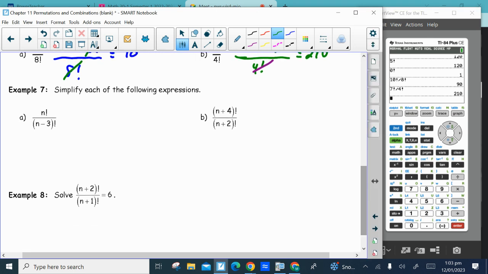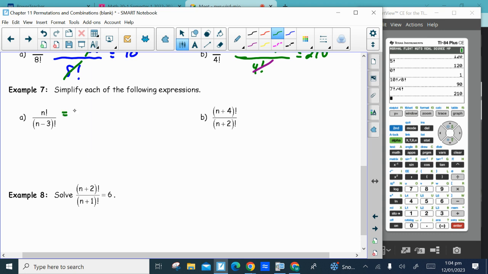There have been questions like example 7 on the diploma exam before, where you're simplifying an expression involving a variable. So like we did above, you need to expand one of them so that you'll get some canceling happening. And you always want to expand the larger number or the greatest expression. So for all values of n greater than n minus 3, which means that you're going to expand n